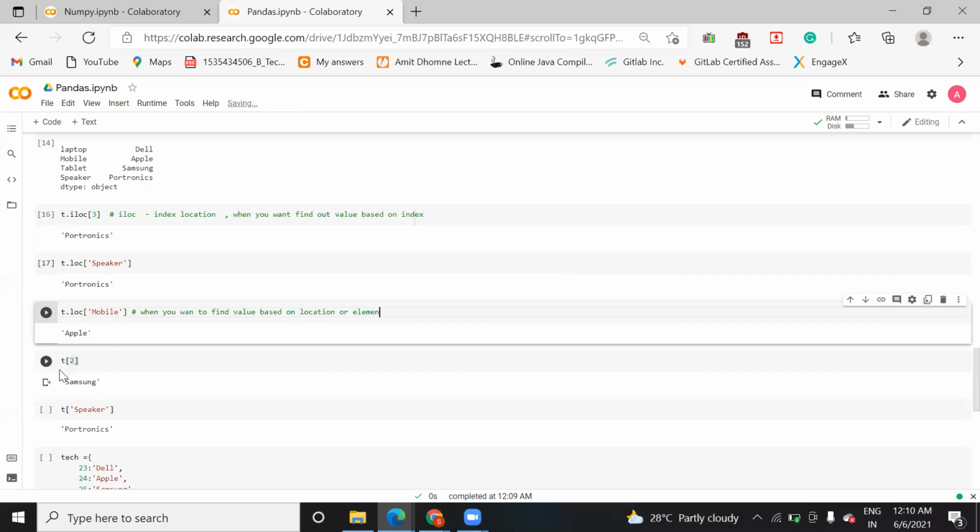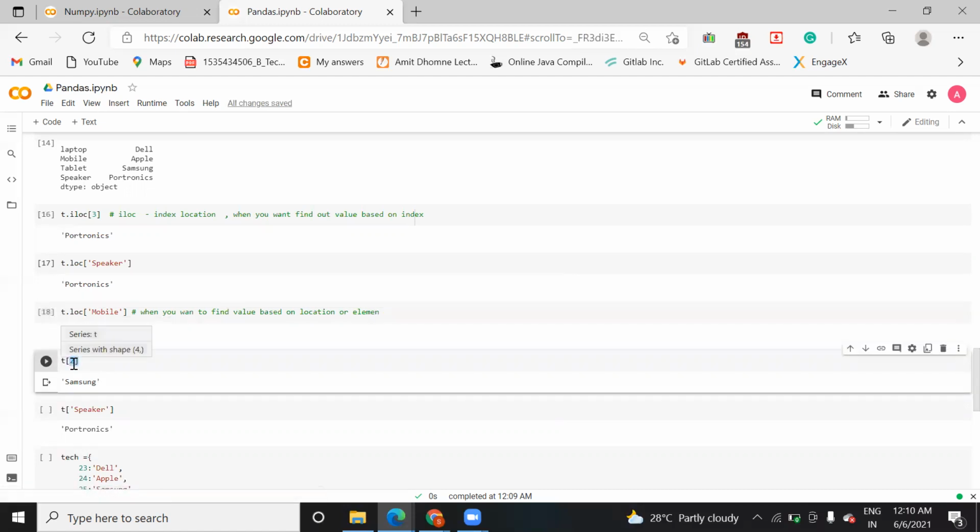Just like here we are doing. So a number will be passed in the case of iloc, and a name will be passed in the case of the loc function.